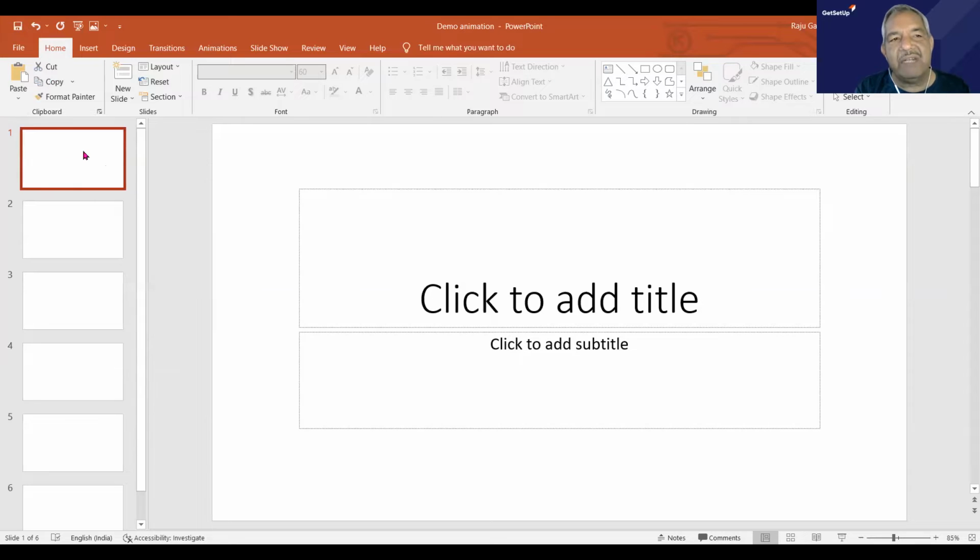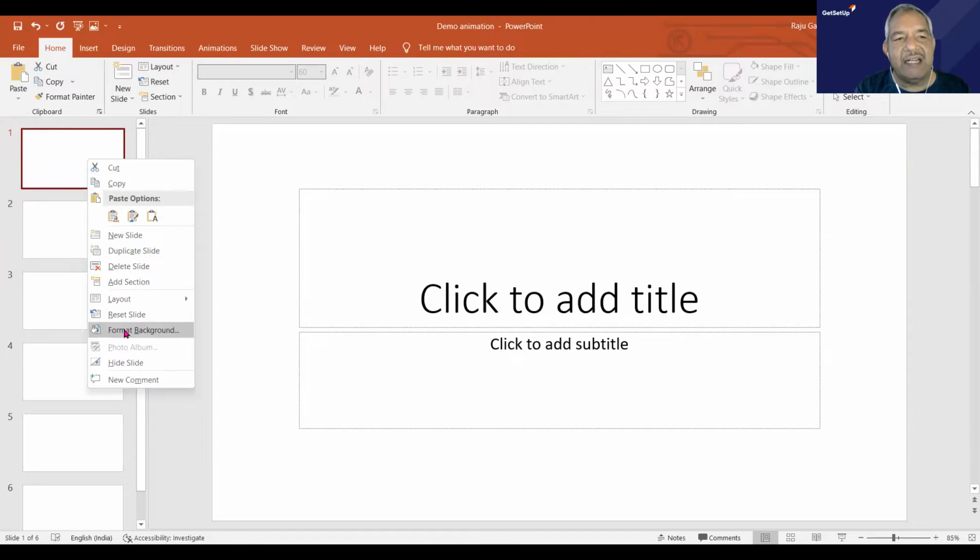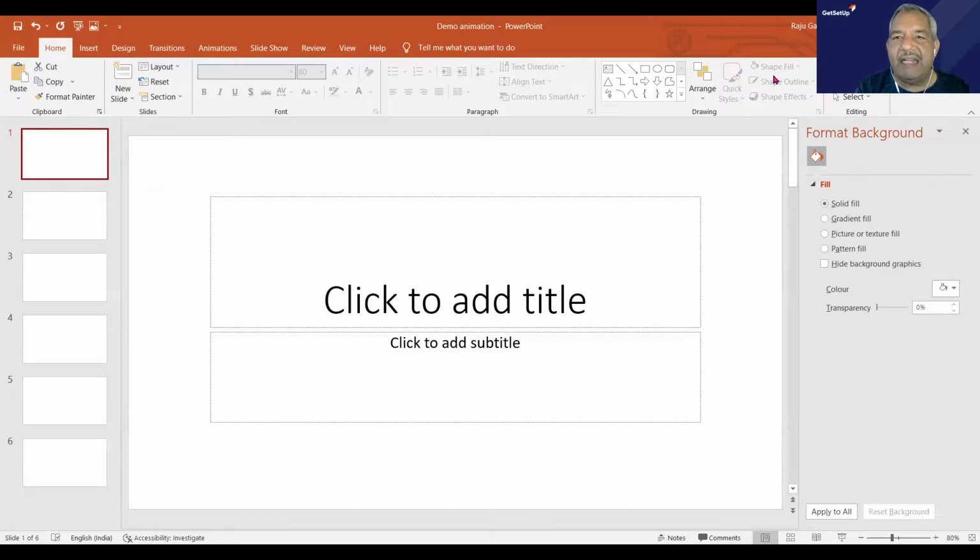The small thumbnails that you're seeing in the third section, just keep your cursor there, do a right click, and just do format background, and then by the side,